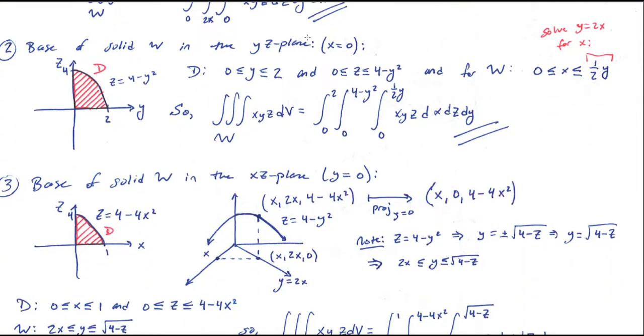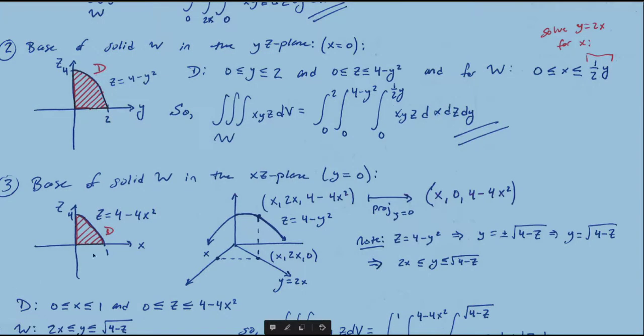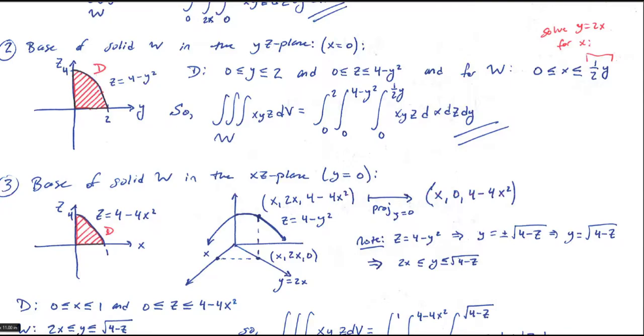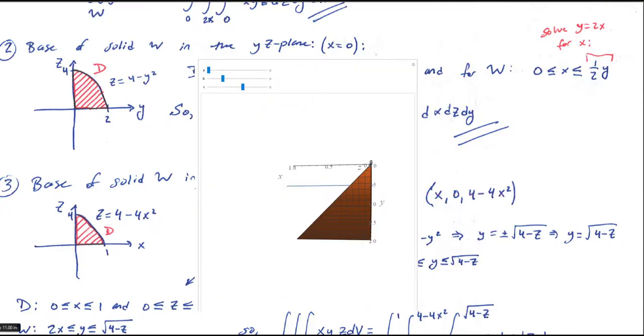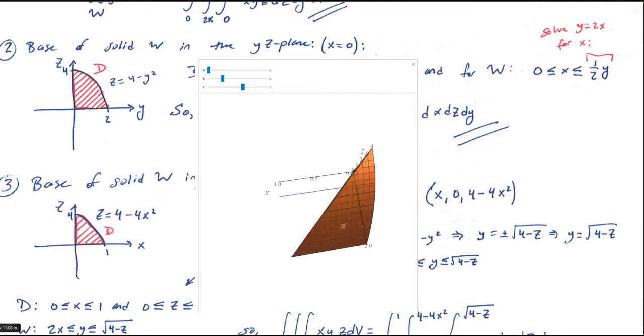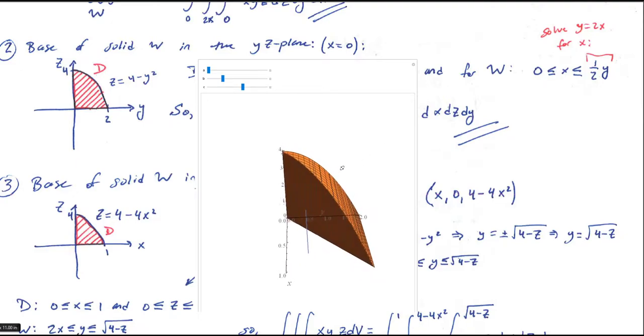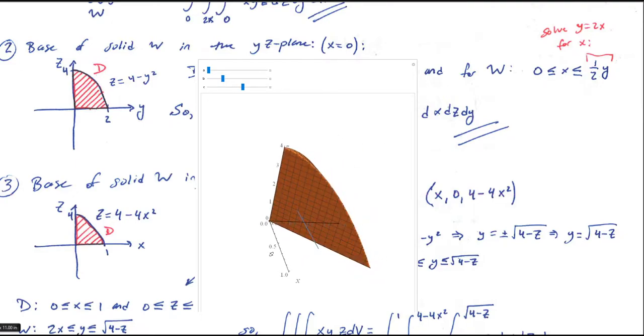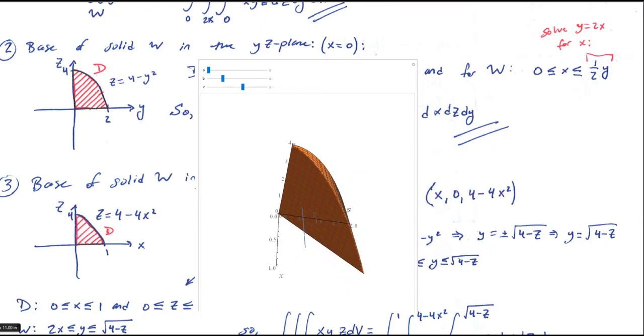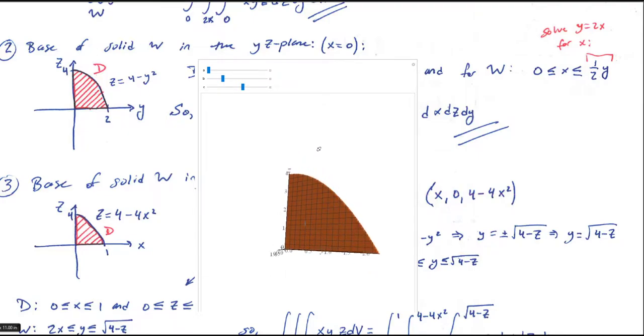This one, if we are saying this is an x-simple region, we're going to project the solid region into the yz plane. So when we do that, let's look back over here. What do we get? Well, the yz plane means we're going to view things directly above the x-axis. It's a little bit hard to get it, but